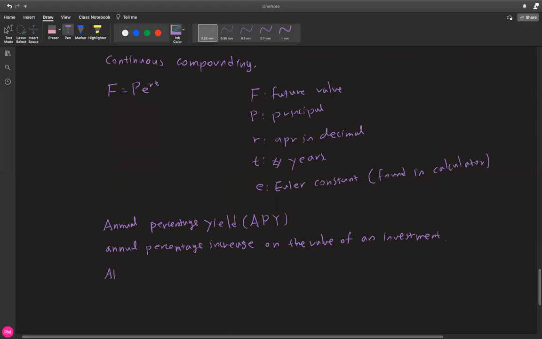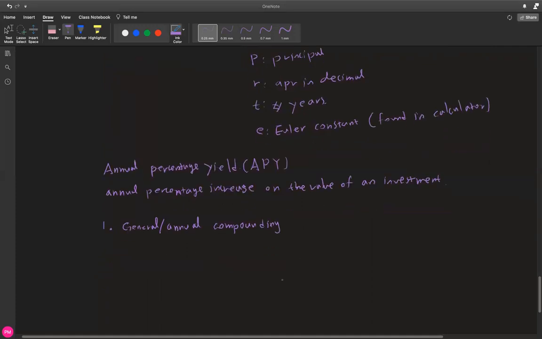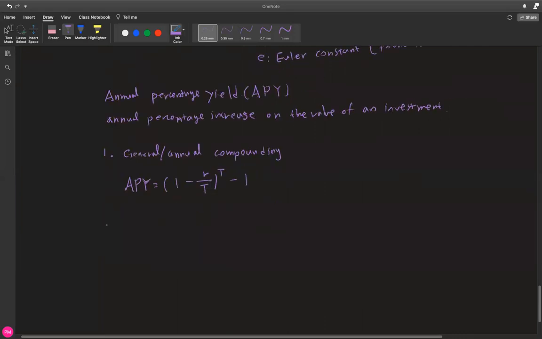So the APY for general compounding, or annual, so in other words, when the compounding happens a finite amount of times in a year, APY is given as 1 plus R divided by T to the power of T, minus 1. And when it's continuously compounded,